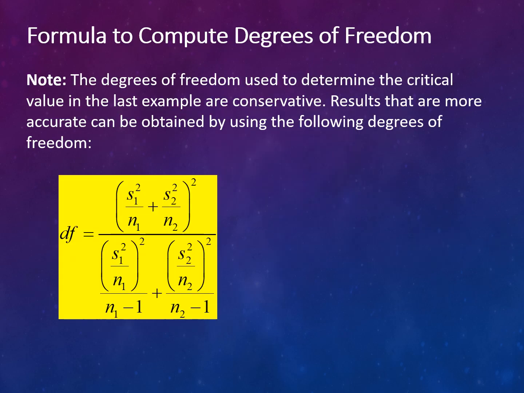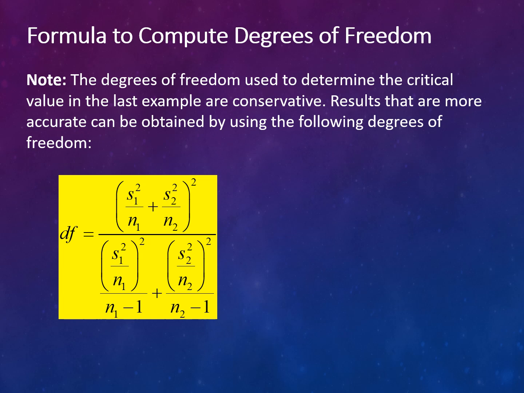And so the degrees of freedom used to determine the critical value in the last example were conservative. More accurate results can be obtained by using the following degrees of freedom formula. So we can actually calculate a more accurate degree of freedom